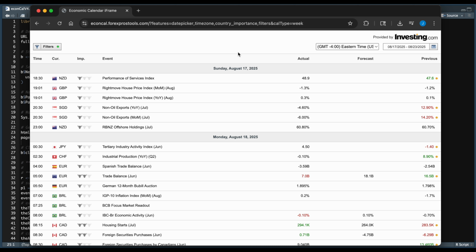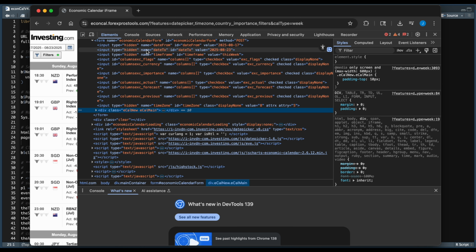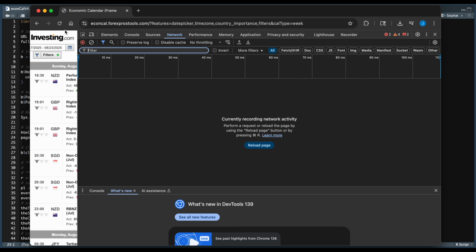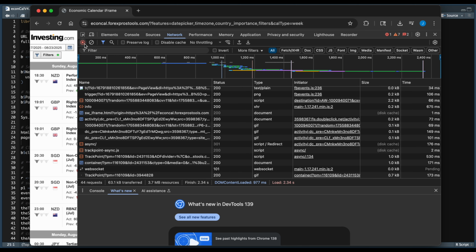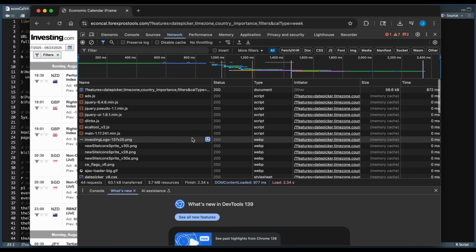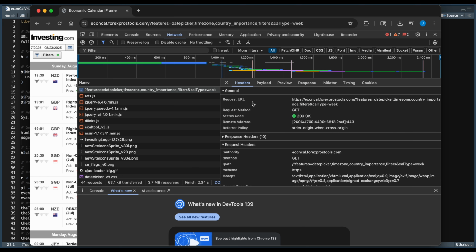So to actually scrape the site, we're just going to be using the URL. Now sometimes you'll need to go through the network and check what the official URL is, and the way to do that is to right click on the page, click inspect, and go to network. We're then going to reload the page, and usually it's the very first link, so I'm just going to click on stop. We're going to scroll all the way to the top, and here in headers you'll find the request URL,